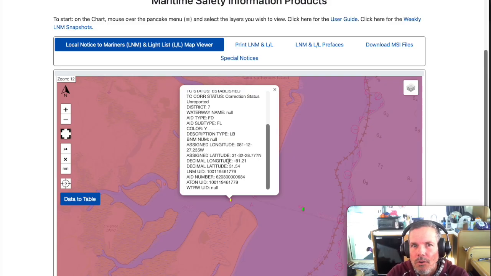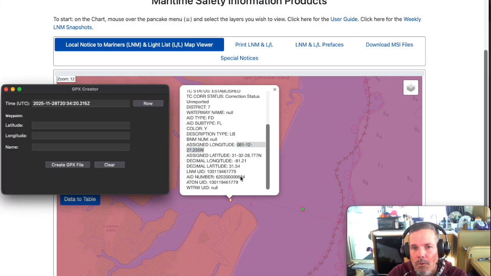So in these local notice to mariners, they give you the decimal latitude and longitude, which is what you have to put in a GPX file. But as you can see, there's not much precision here. So I prefer to use this assigned latitude and longitude. The problem is, to import that, if you want it in a GPX file, you actually have to convert that first to decimal. So what I did is I wrote this little utility in Python,